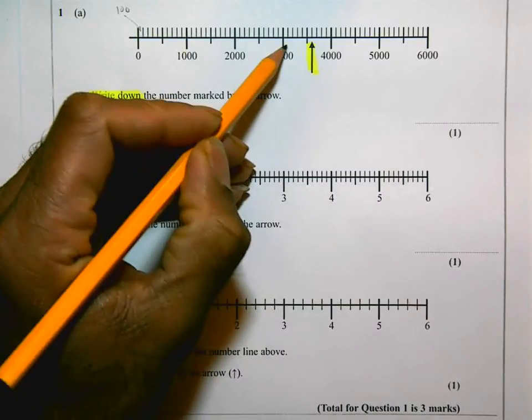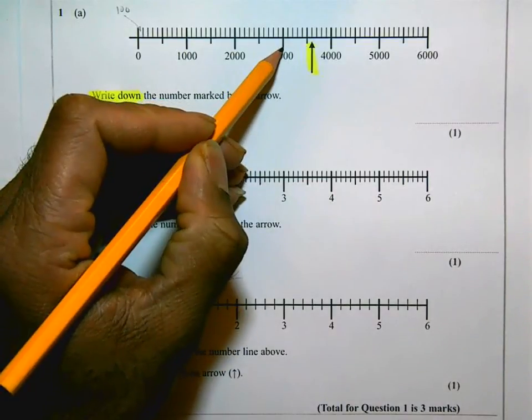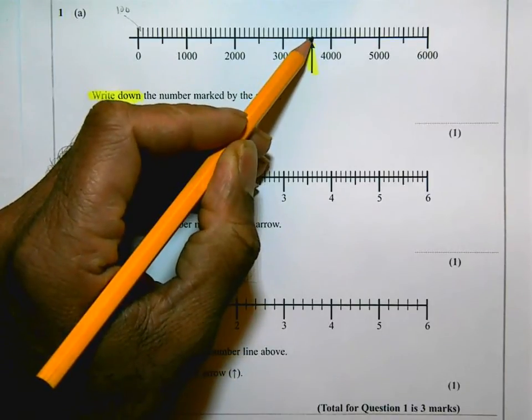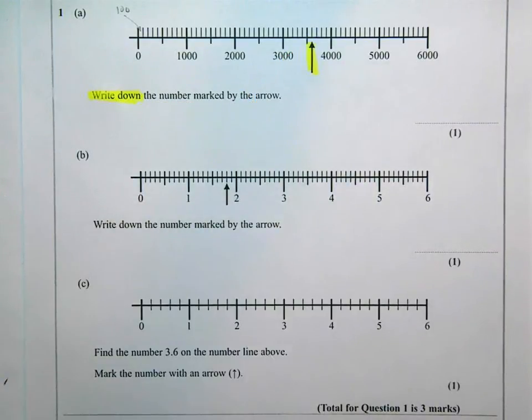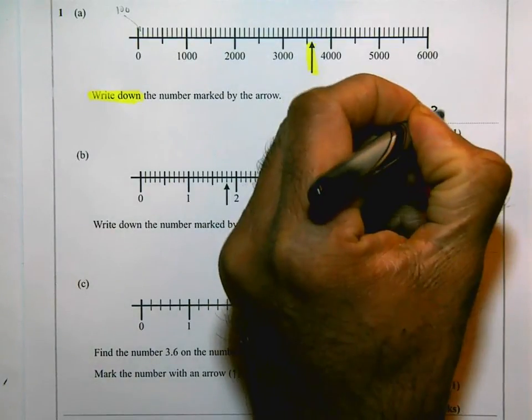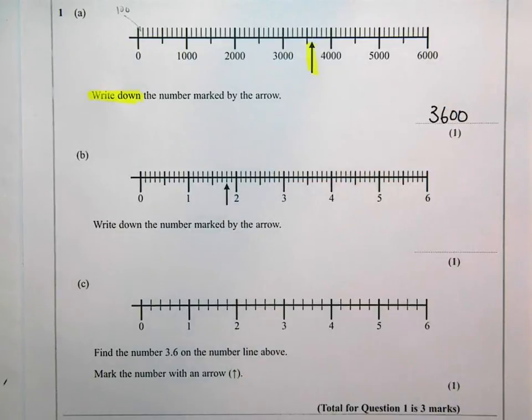We want to know what this arrow stands for. This says 3,000. That's 3,500. So that arrow there is going to be pointing at 3,600, and that's what I need to write in my answer space, 3,600. It's really important that you understand what the scale means, each of the tiny sections, and so you could